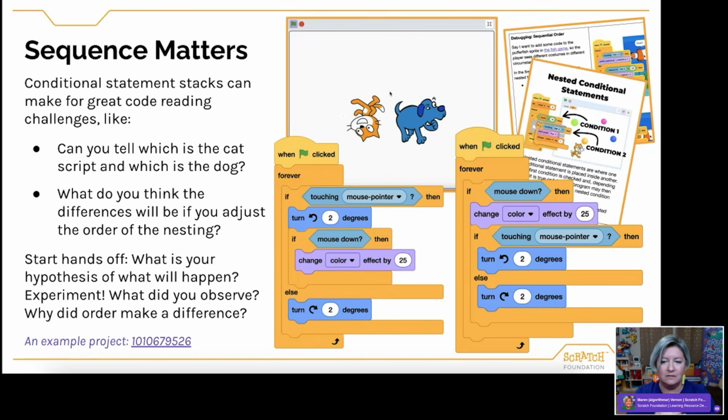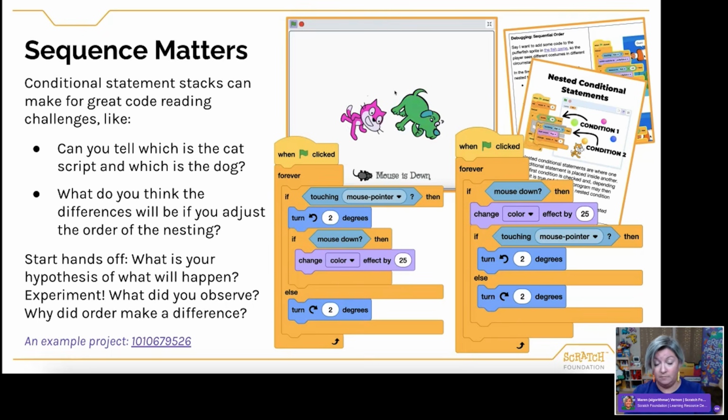And when we are, like I said, starting to nest these conditional statements, it's a great way to introduce some kind of code reading challenges, or talk this through in order to get through some of that debugging. So, for example, when I'm looking at the project on the screen, I might say, "Can you tell which is the cat script and which is the dog script based on what you're seeing on the screen?"